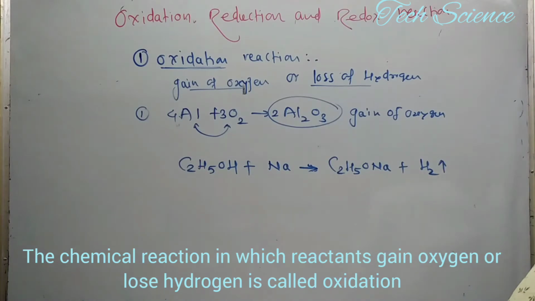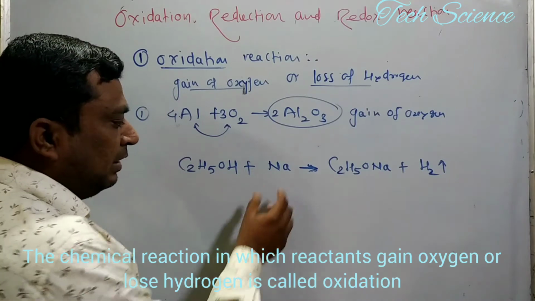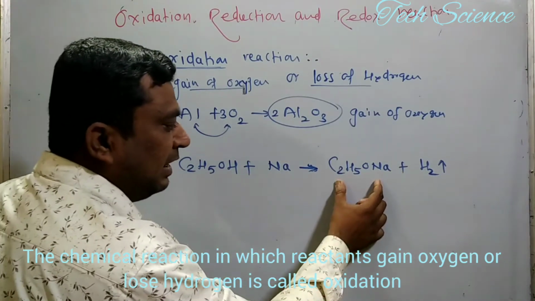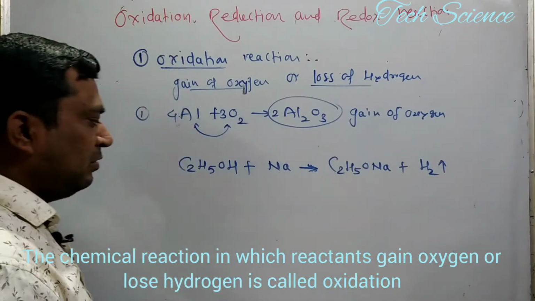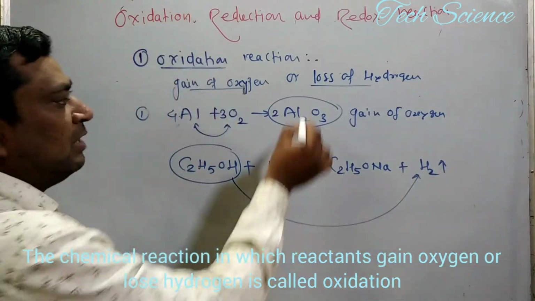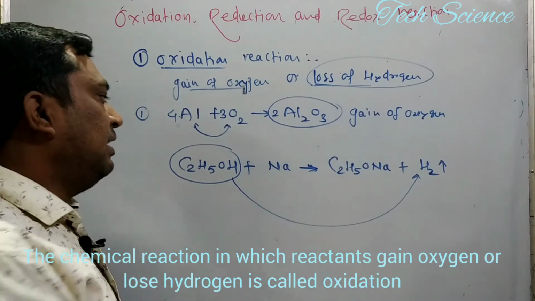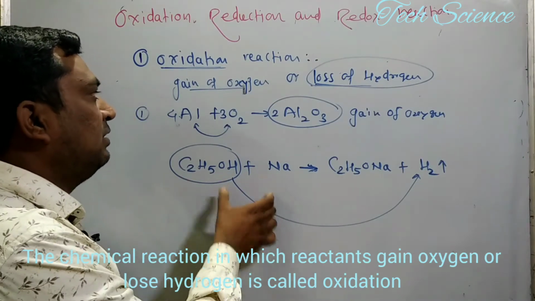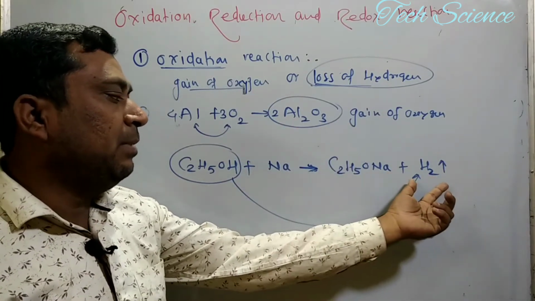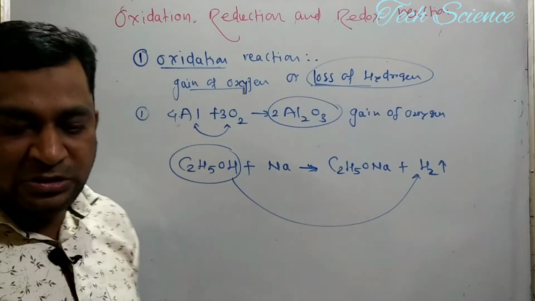If you observe here, what did you find? You found that when ethyl alcohol reacts with sodium, sodium ethoxide is formed along with the liberation of hydrogen gas. Here, from the ethyl alcohol the hydrogen gets removed, which is called loss of hydrogen. In that case also we can say that it is a kind of reaction called the oxidation reaction: either there is a gain of oxygen or there may be a loss of hydrogen. So this is the first one, called the oxidation reaction.